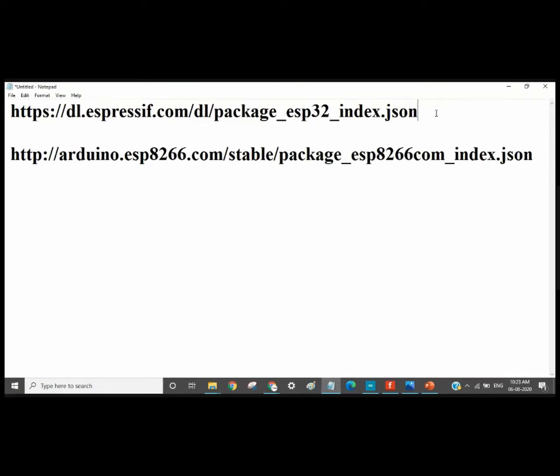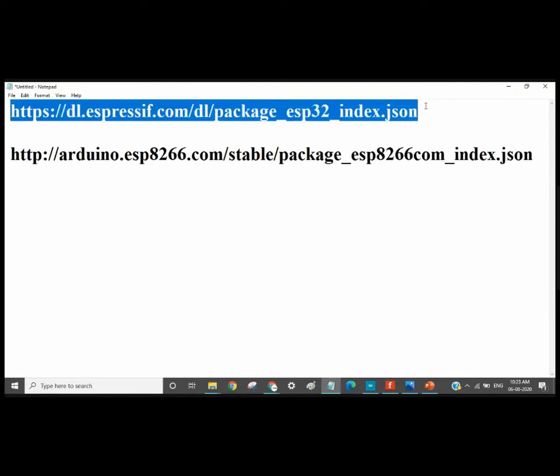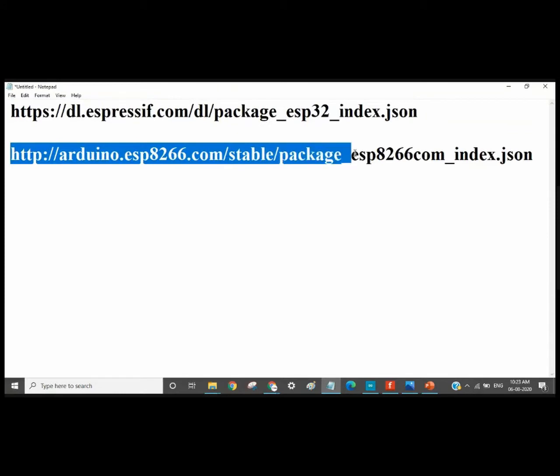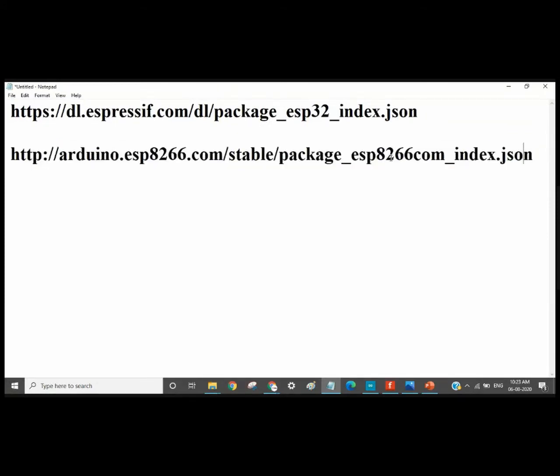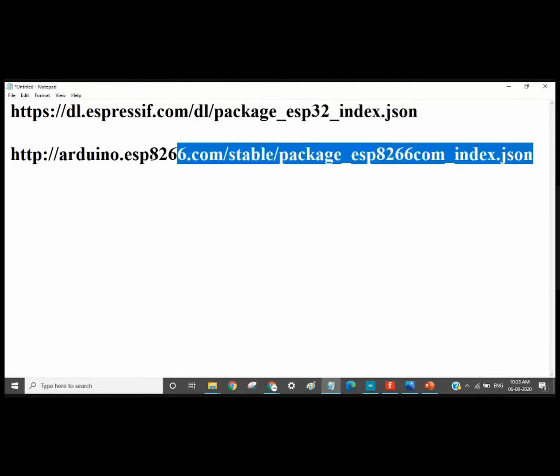Take a screenshot of this link, or note it down in your book or somewhere. So this is the first link, that is for the ESP32 package. And this is the second link, for the ESP8266 package. The ESP12E board is present in this package.